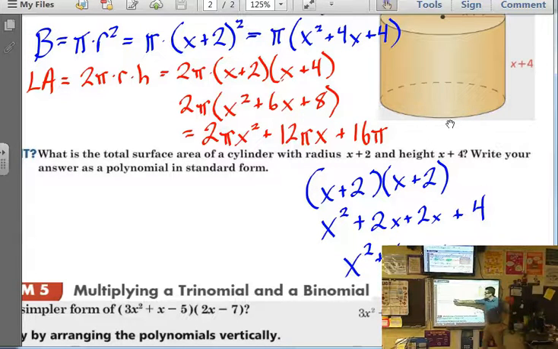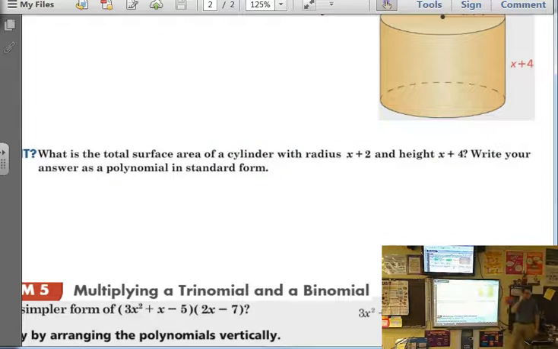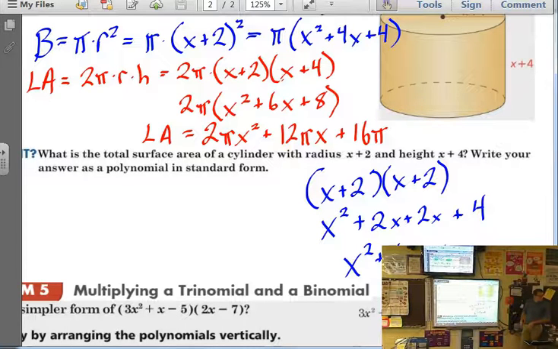Any questions? Final answer? Any questions how we've gotten to this point? Yes, many. I had no point in doing any of this that I ever get a 6. Which is why I'm very confused. It's a 16. Where's the 1? I'm talking about you said 2 pi times the x squared plus 6x. Where'd you get the 6x? Because when you FOIL x plus 2 times x plus 4, you get x squared plus 6x, because